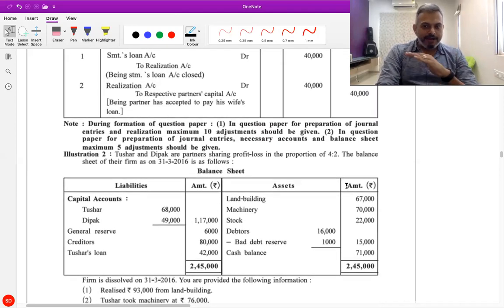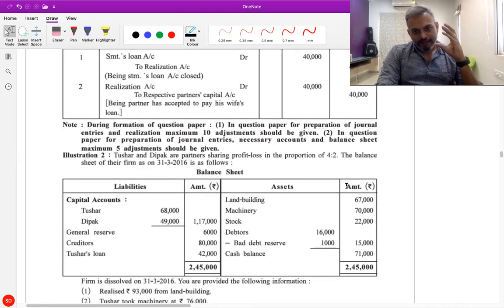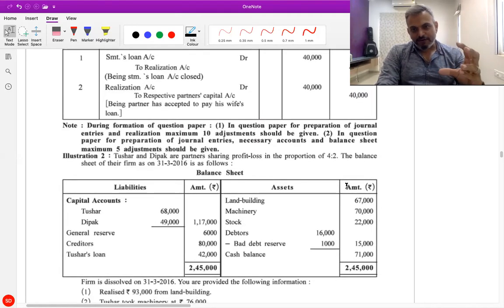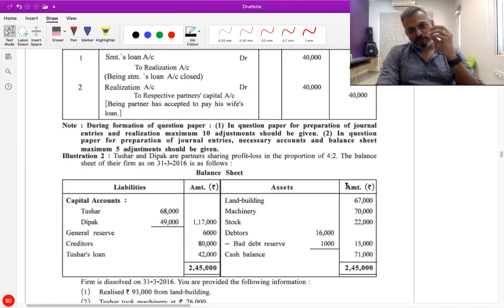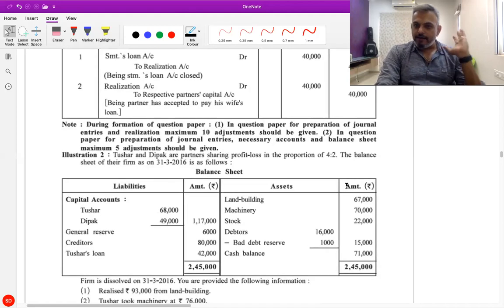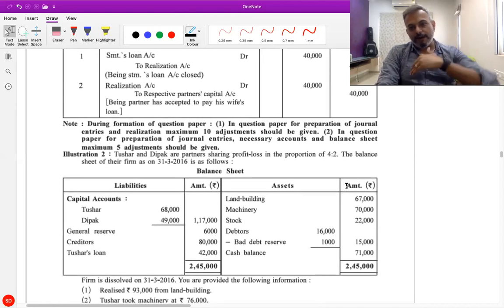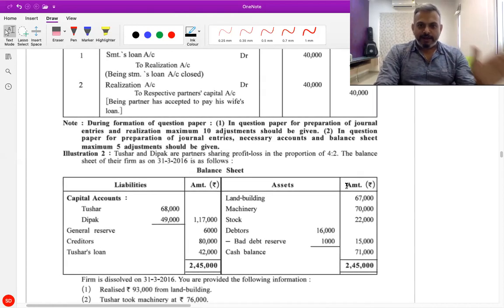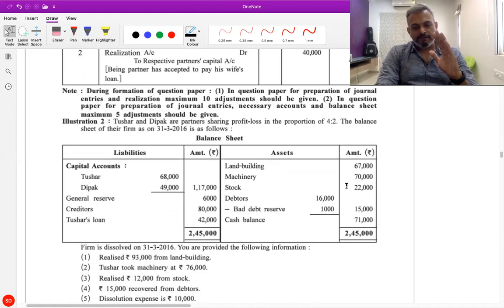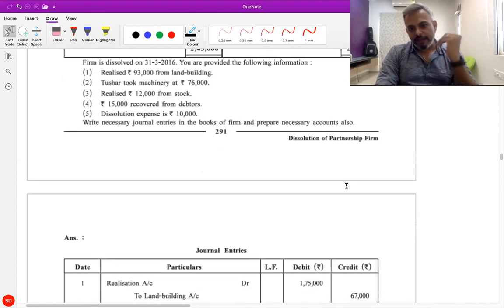ओके, एग्जाम में इट इज नॉट एक्सपेक्टेड. ज्यादा से ज्यादा क्या आ सकता है कि बैलेंसेस दिया, एक छोटा बैलेंस शीट बना लो, छोटा रियलाइजेशन, छोटा पार्टनर्स कैपिटल और कैश एंड बैंक, ऐसा आ सकता है. बट बड़े बड़े सम्स एक्सपेक्टेड नहीं है, तुम्हें करने चाहिए फॉर प्रैक्टिस, और किए भी है हमने. ओके,